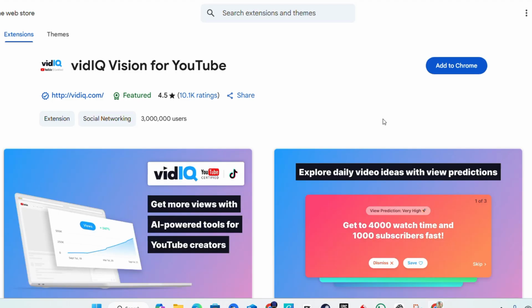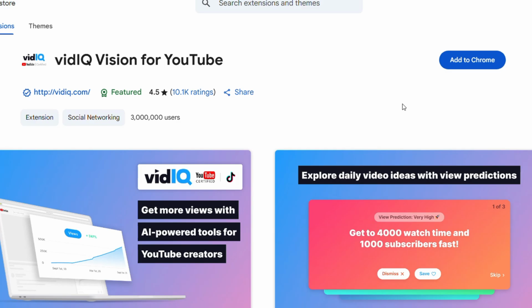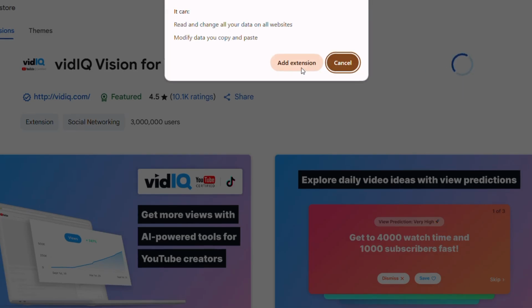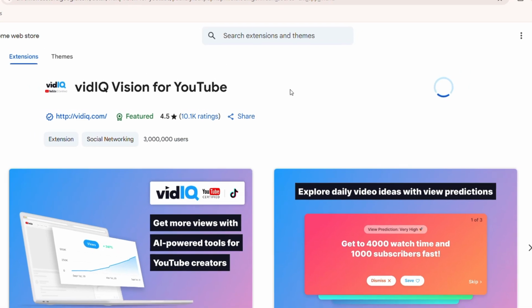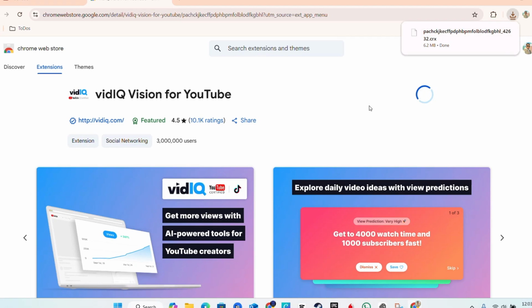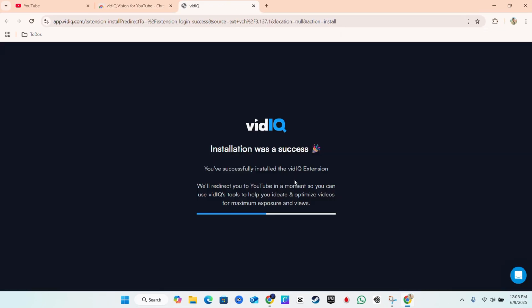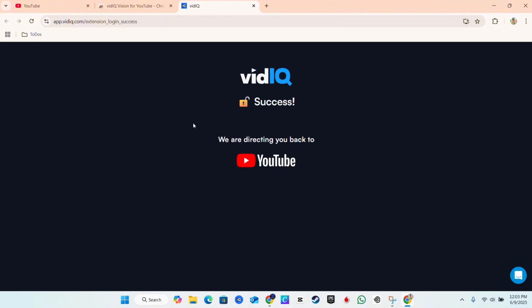You can click on that and it's going to take you right over to the vidIQ extension here. All you have to do is click add to Chrome and then click add again from that pop-up. And it's going to quickly add the vidIQ extension to your Google Chrome. Now, once that is done, it's going to redirect you where it's going to install and set up vidIQ for you, right? And it's going to redirect you to a YouTube welcome video from vidIQ,